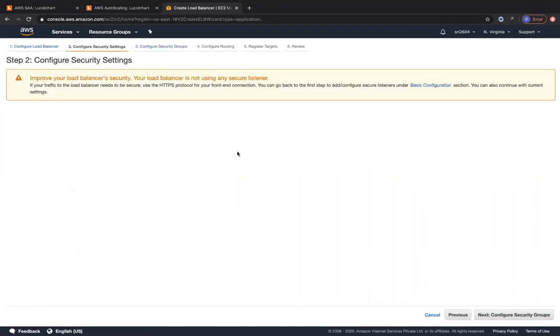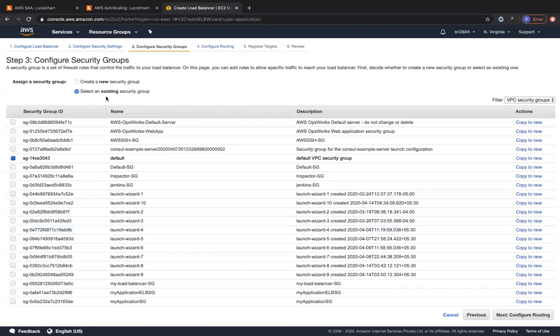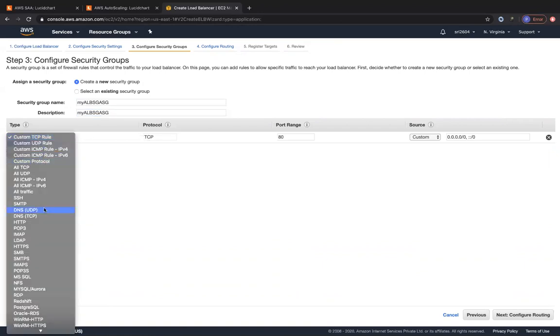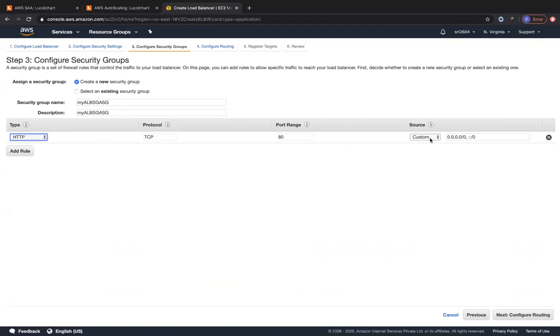Let's click on the security settings. It's giving you a disclaimer stating that you have to use HTTPS. I'm not going to go with that right now. So I'm going to choose a security group for my load balancer. I already have one, but instead I'm going to create a new one just for this lab purpose. So I've gone ahead and created a security group, and by default, I'm going to leave HTTP access to the outside world, right? So that anyone can query my request on the load balancer. Anyone can access my load balancer's DNS name.